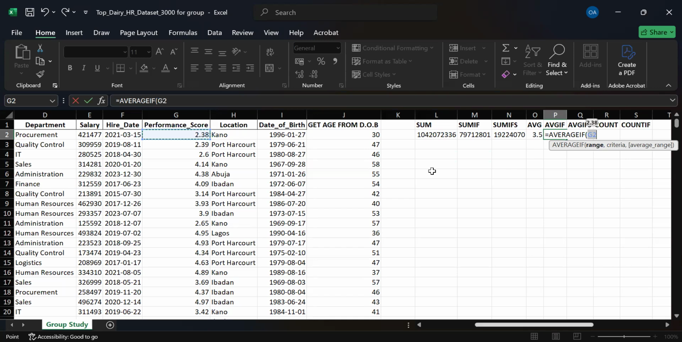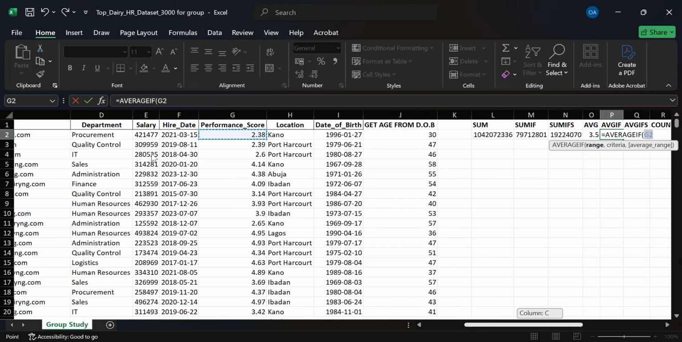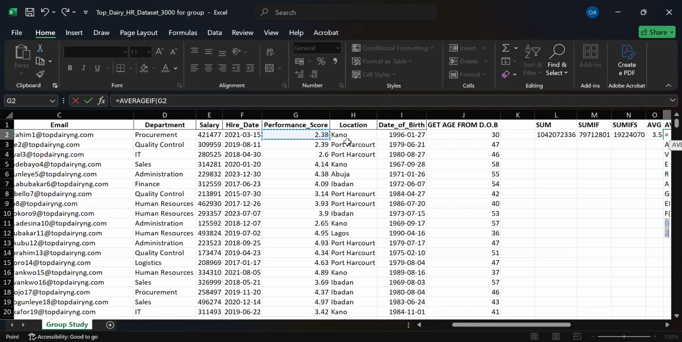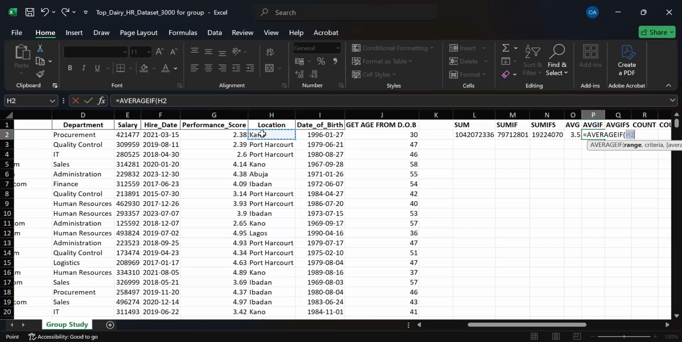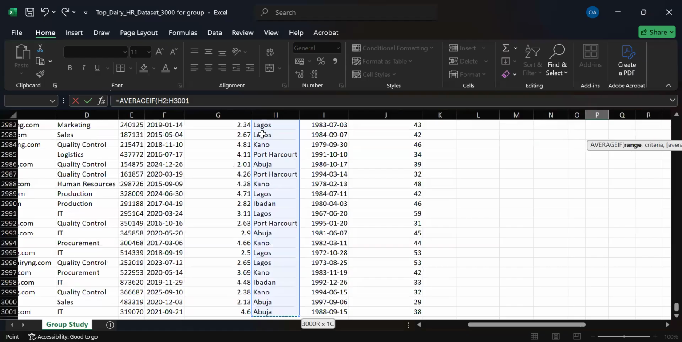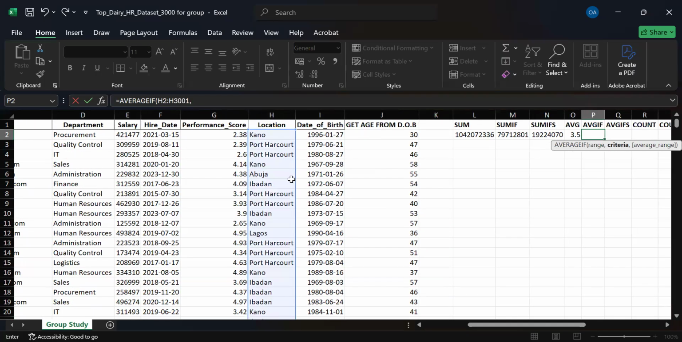Let's use location for this range now. My range is location, Control Shift down, comma. Then it's telling me the criteria. Let's look for average performance scores for